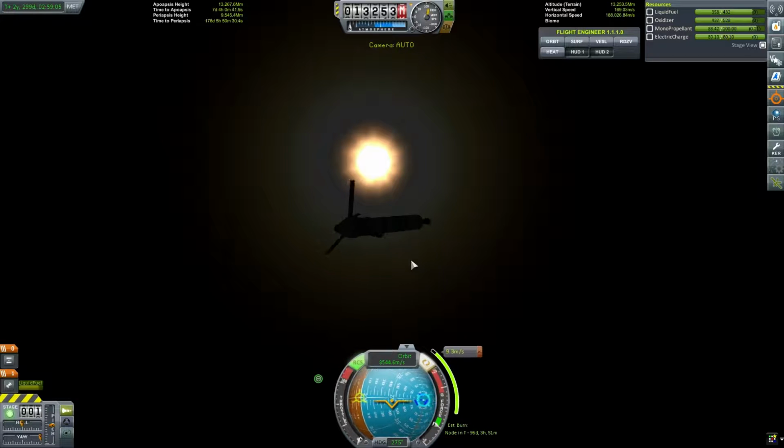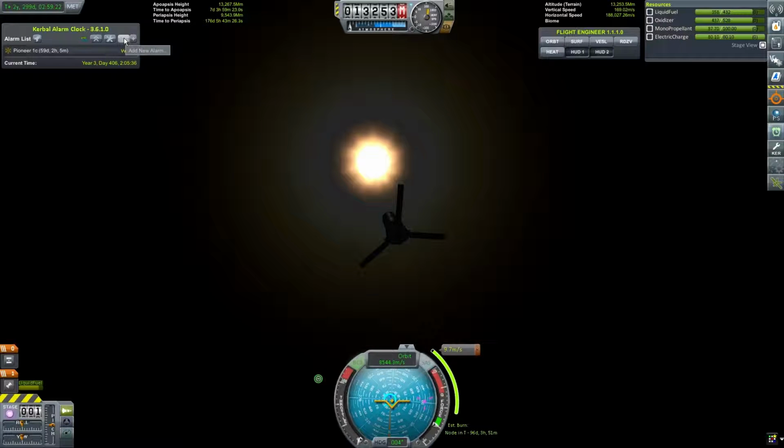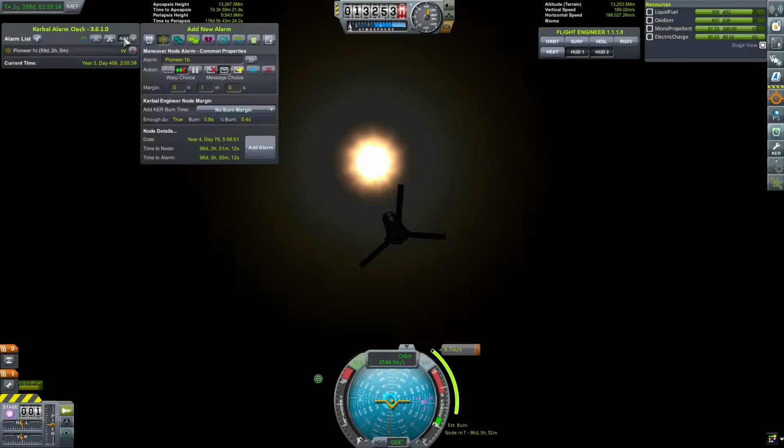We'll again put this in the maneuver node position. We've gone way too far. We will put this in its maneuver node position. We've accidentally put some speed into it. Put a bit of delta V into it by accident. So again, we'll add the alarm clock for 5 minutes